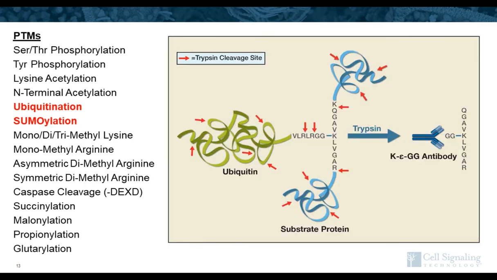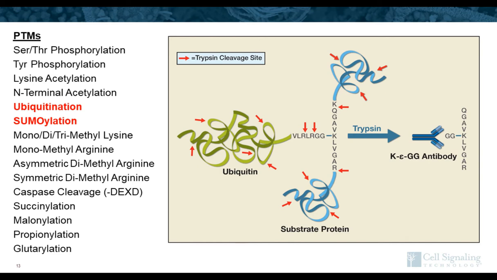So this is just a picture of a ubiquitinated protein. The target protein is in the middle in blue, and the ubiquitin is on the left in green. And you can see you have attachment of the ubiquitin to an epsilon amine of that lysine residue in the middle of that target protein. When we take and digest this with trypsin, what we end up with is, of course, a peptide from that target protein. But any place where we had a ubiquitination event, any of those lysines, we actually end up with a diglycine remnant. And so we made one of these PTM antibodies against that diglycine hanging off of a lysine.